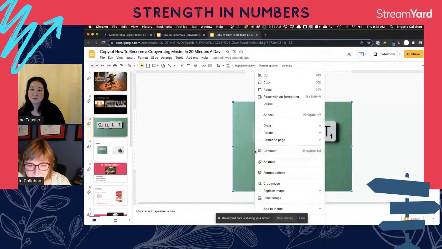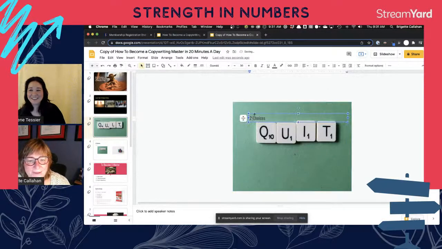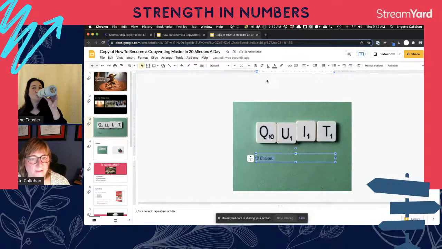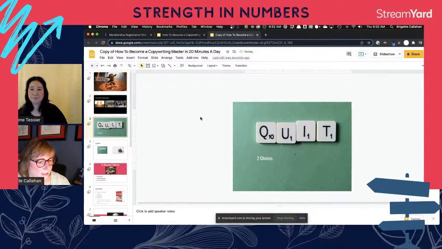Send it to the back. Order. Okay. And then you can have the word "two choices." It doesn't have to be that big. I'm just kind of looking over here to see where it's landing. You have two choices, and maybe this needs to be a little bigger, and maybe it's on white or a light color or something. And so again,